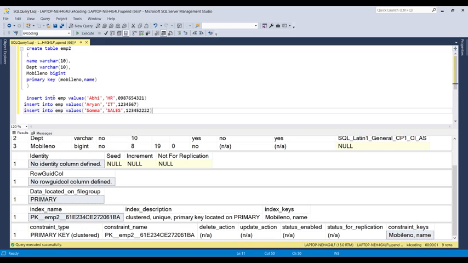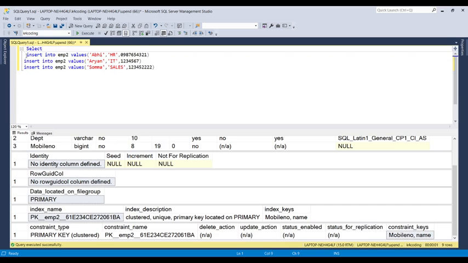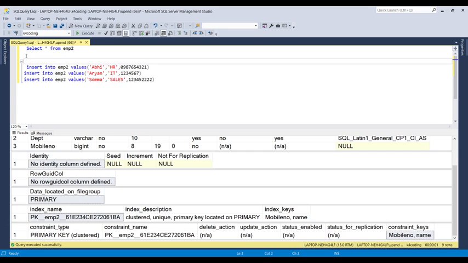Now we are going to insert values in the EMP2 table, which is newly created for the composite key. In a composite key, it always checks the combination of the composite key fields, which is name and mobile number.